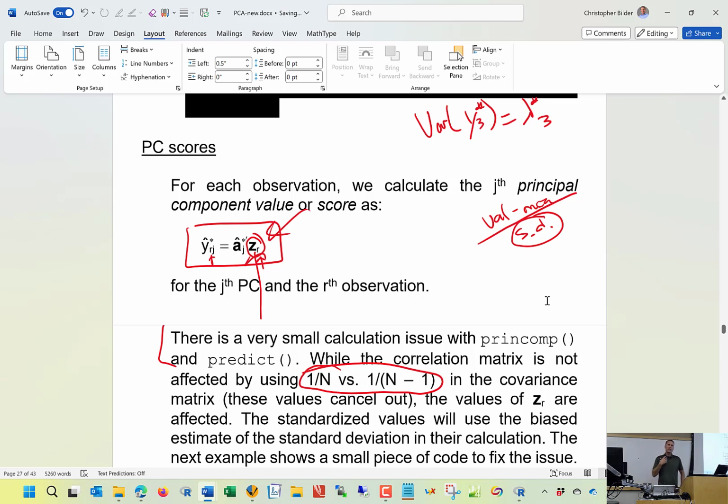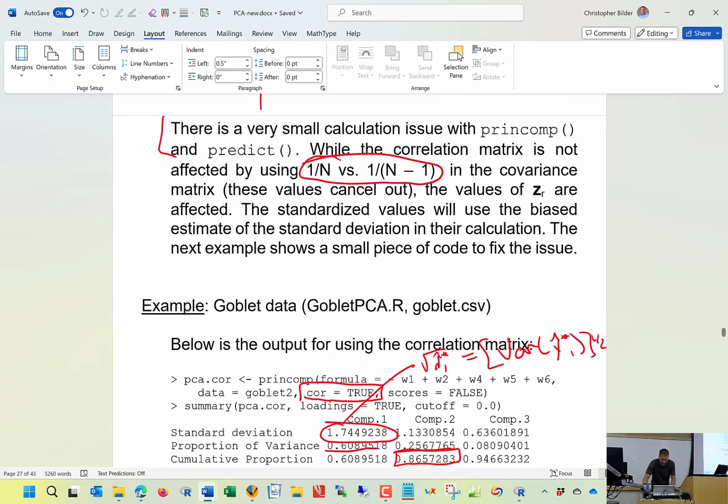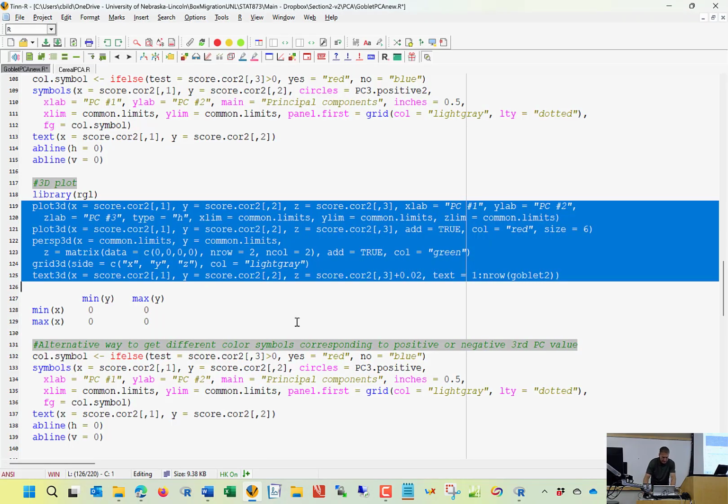And so if one actually looks at the corresponding code inside of predict to see how the actual calculations are done, you will see that R